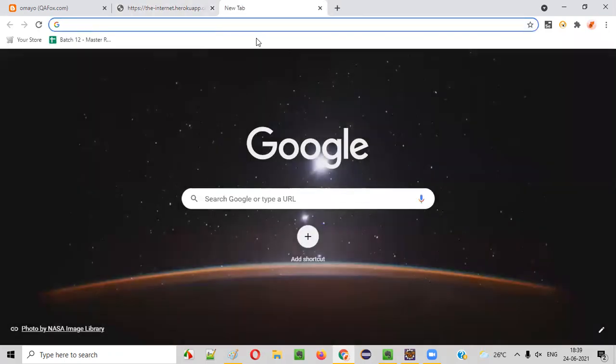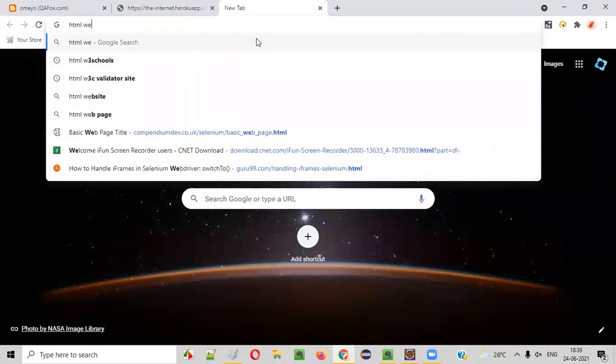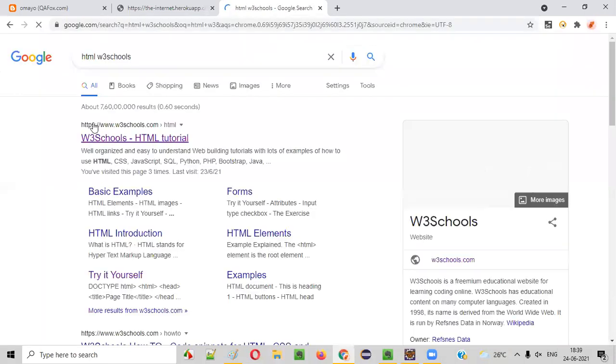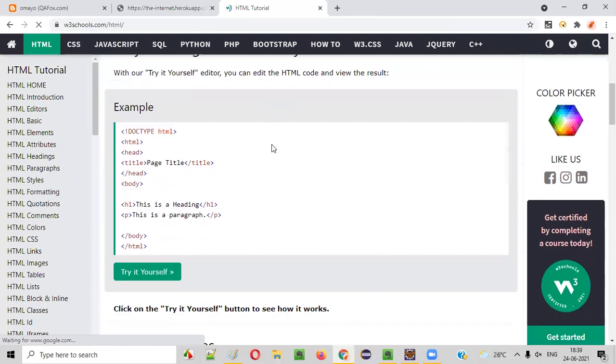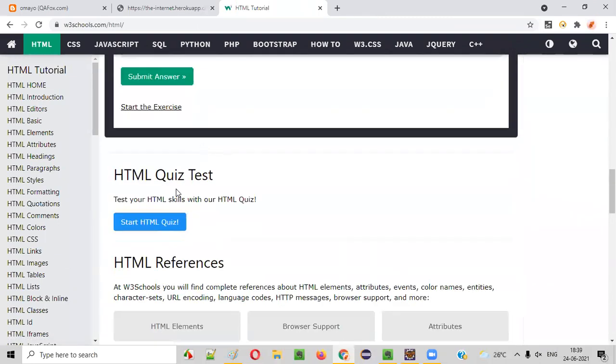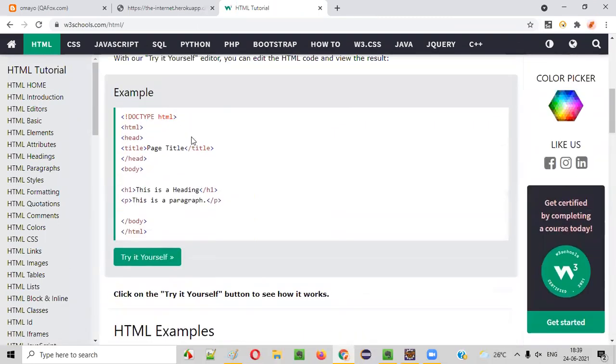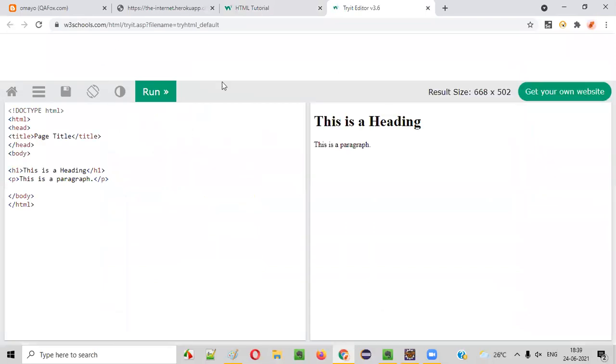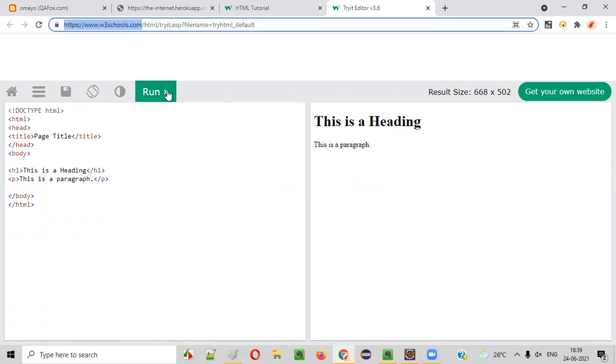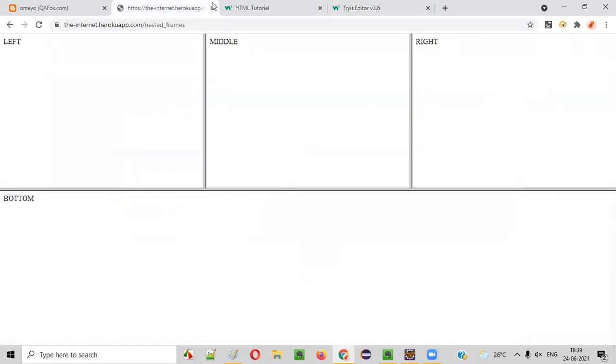And if you go to the HTML W3Schools website and go to one of their pages like this, let me click on this, you'll be taken to this page, guys. This is a separate page, but this page belongs to the same website, guys. This is a frame, and this frame is embedding a page of the same w3schools.com itself. Like that, there are a variety of frames available, guys.